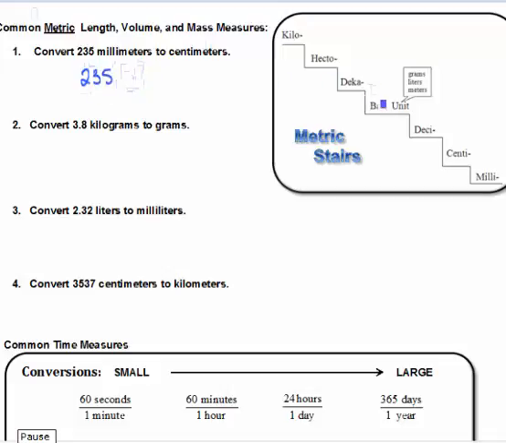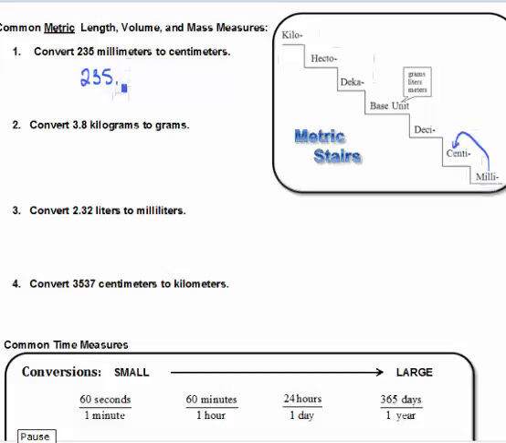The most common is to use the metric stairs right here, and kilo stands for 1,000, hecto stands for 100, deca 10, the base unit's a single, deci is 1/10, centi is 1/100th, and milli is 1/1000th. So basically for every stair you walk each way you can move the decimal because it's a power of 10. So if I'm going from millimeters to centimeters, I would just simply go up one stair, and so